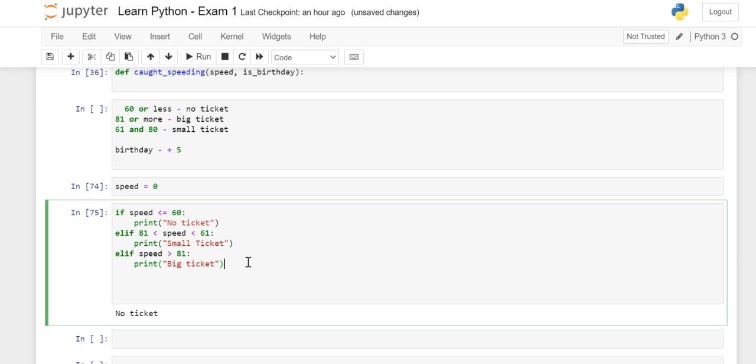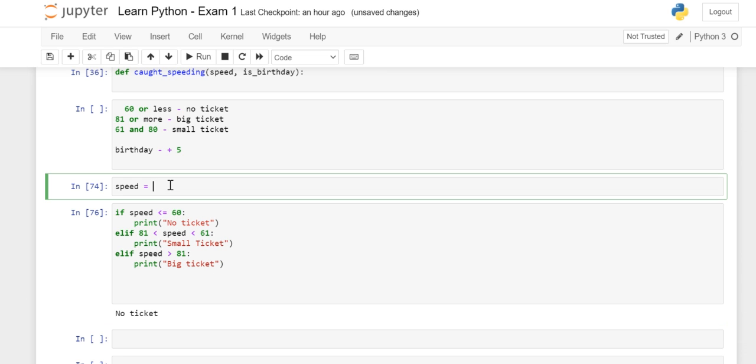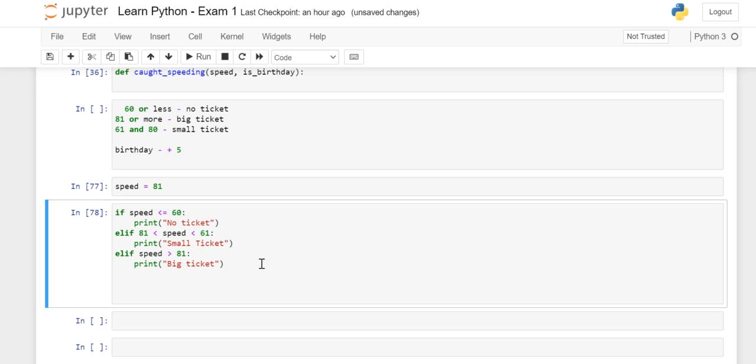I think it works, because it is giving me no ticket since speed is 0. Let's have 81 and check this part. Actually, Vivek, I need to check this part because it's been pretty long since I used this format.